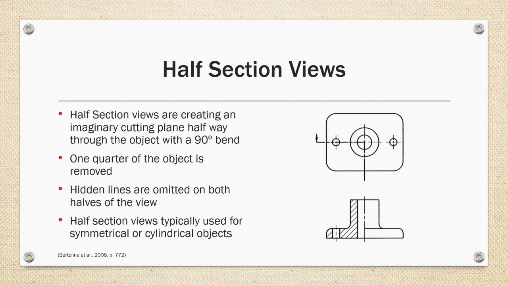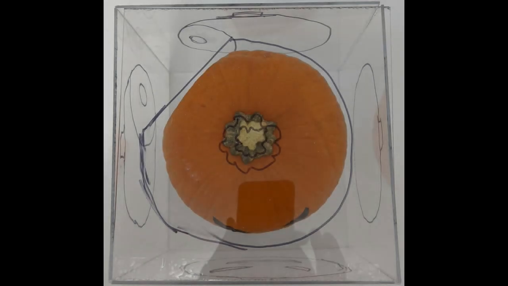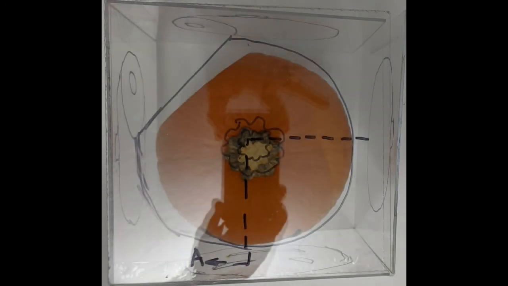Now let's return to our pumpkin example and see what a half section view would look like in real life. So we put Jack back in his box and we turn to the top view again. And in that top view, we draw a section view labeled A that points to the left and goes to center line, and then the line continues to the right on the center line. This will denote that we're going to be looking at the half section view from the right side view plane.